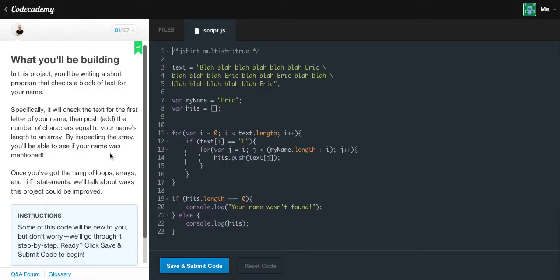Also, if you're not already in full screen, make sure to go in full screen so you can see this beautiful text. So what you'll be building. In this project, you'll be writing a short program that checks a block of text for your name. Specifically, it checks the text for the first letter of your name, then pushes, in other words, it adds that